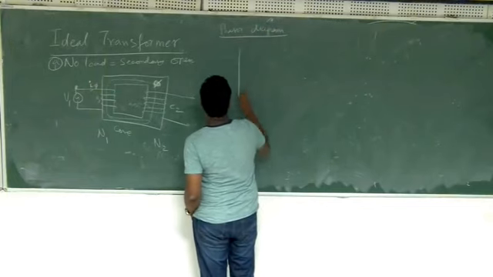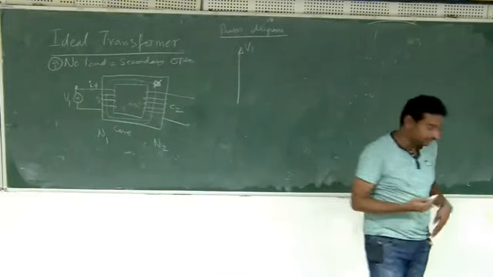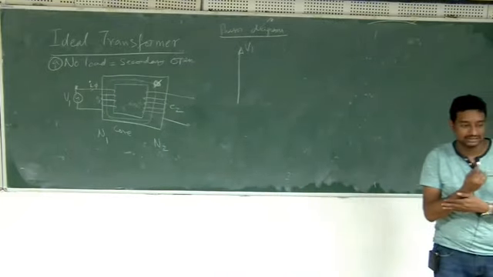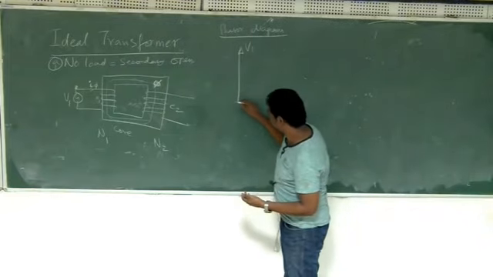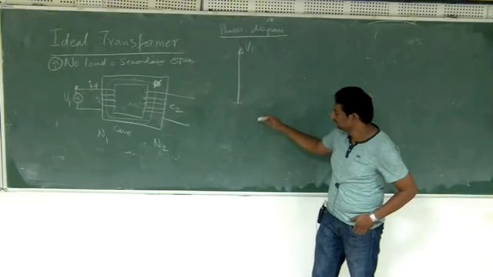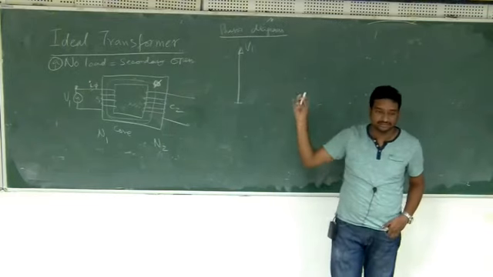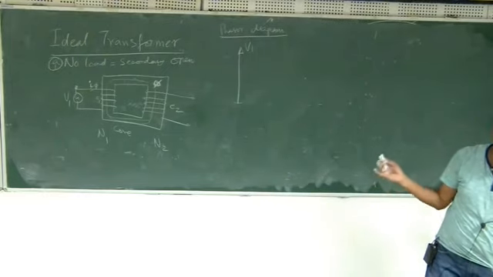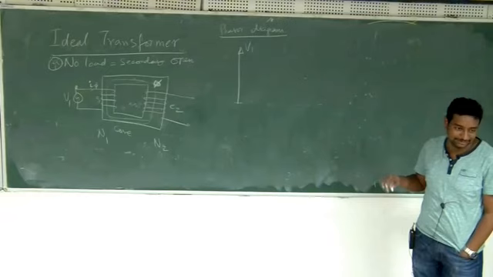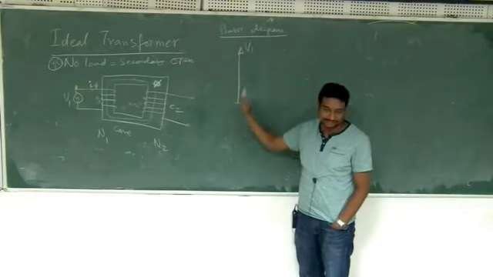Okay. So this is V1. Normally for transformers, voltage will be taken as a vertical line. This is 0 degrees, the reference, but voltage is taken slightly vertical. Why, you will know shortly, maybe by the end of this class. The reason is very practical. But take the voltage as a vertical line.